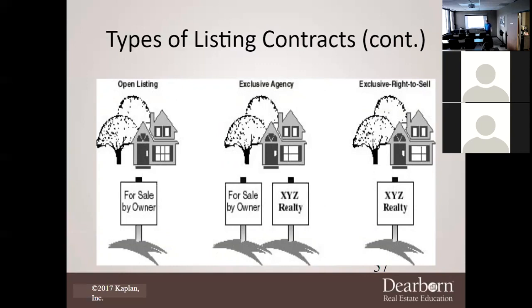I tell my agents this all the time. If Stephan comes into my office and says, well, I've got a client that wants to see a for sale by owner, I'm going to tell him, very first thing you need to do is call that for sale by owner and ask, are they even paying a buyer's commission? Because when you sell your house yourself, Mr. Eugene, you do not have to pay a buyer's rep or buyer's agent. So you may say, no, I'm not paying a buyer's agent, period.